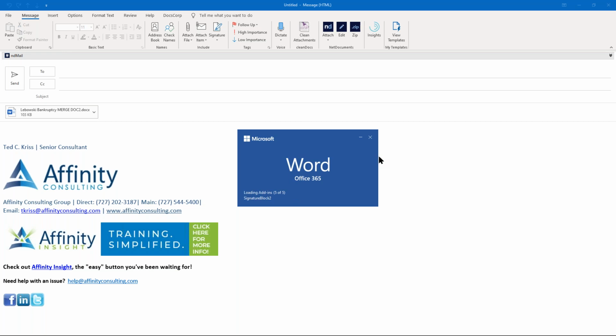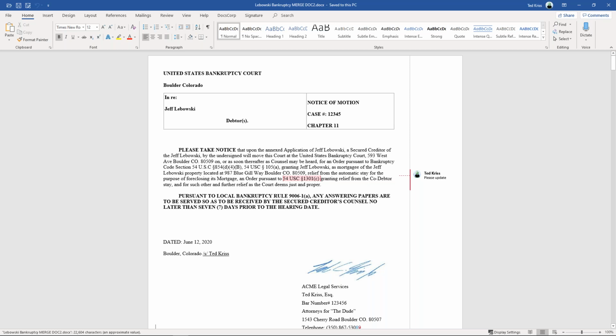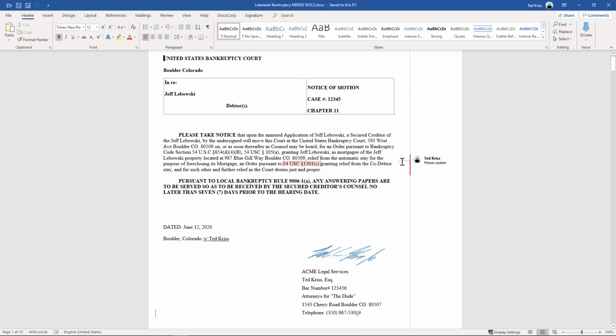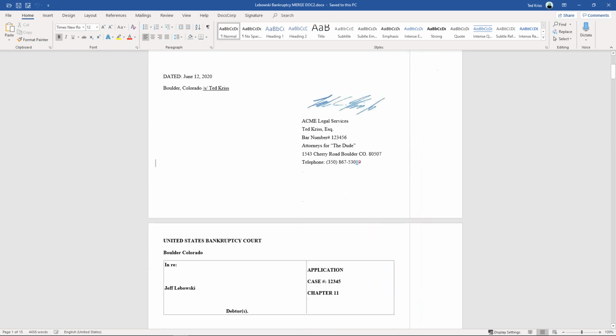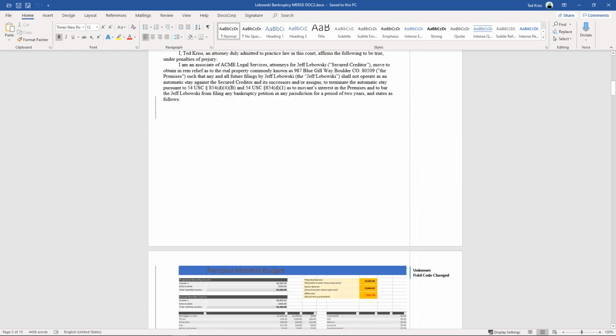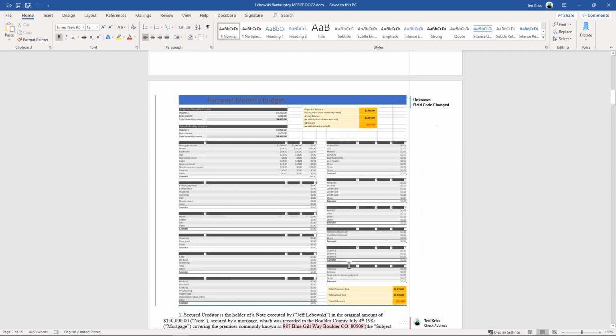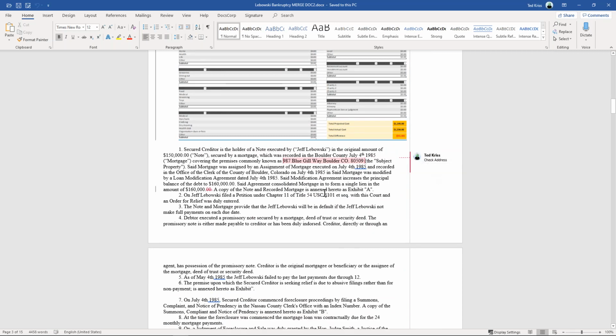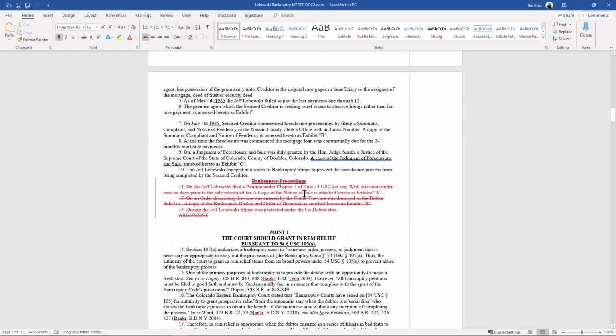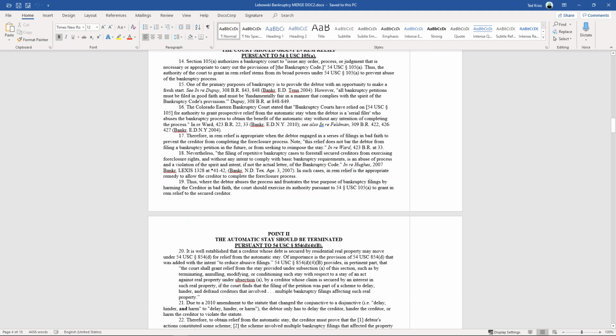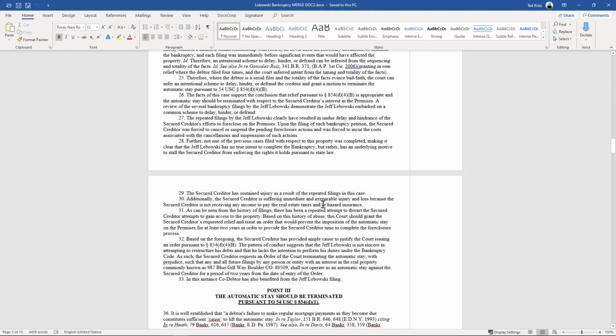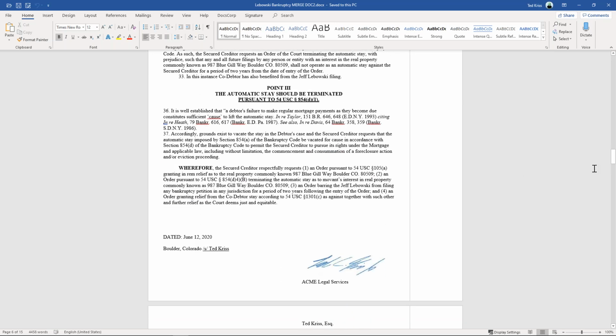Inside of this particular document, I've purposely embedded metadata so that you all can get a sense of what I'm talking about. What you'll see is I have started to add some additional comments inside of here. As I scroll down, I've also embedded a particular spreadsheet. I've also been making some additional references inside of here. There are some exclusions on paragraphs in here. These are the type of things that we would not want to show someone externally.